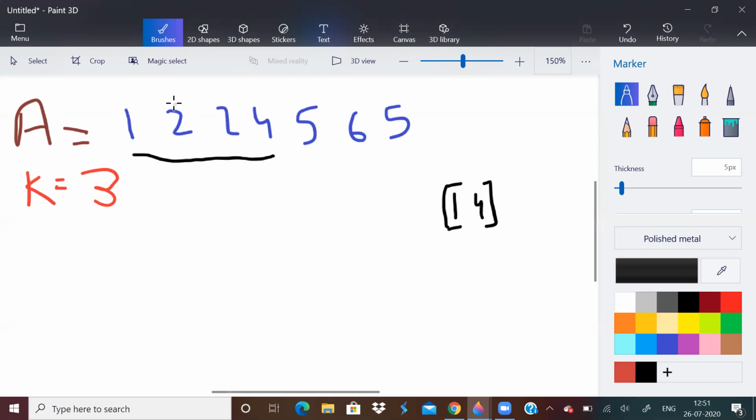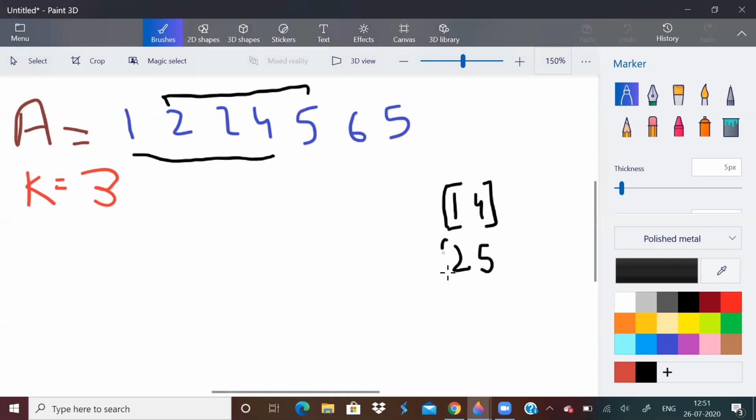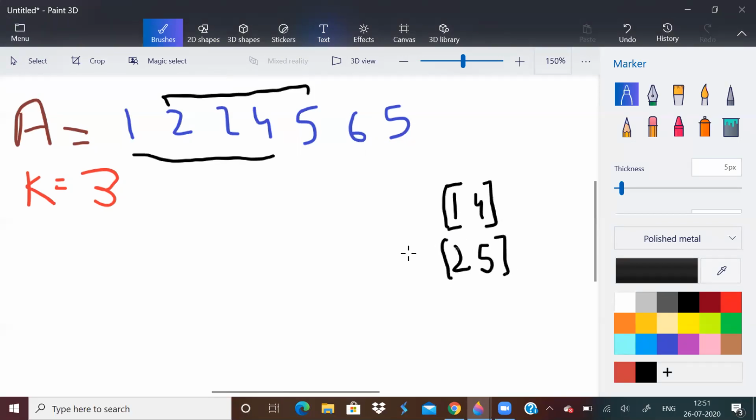Let us see from this index 2, 2, 4, 5, 6. So this is one answer, 2 to 5. It has at most 3 distinct elements. Let us see here 2, 4, 5. No, 6 is not possible.